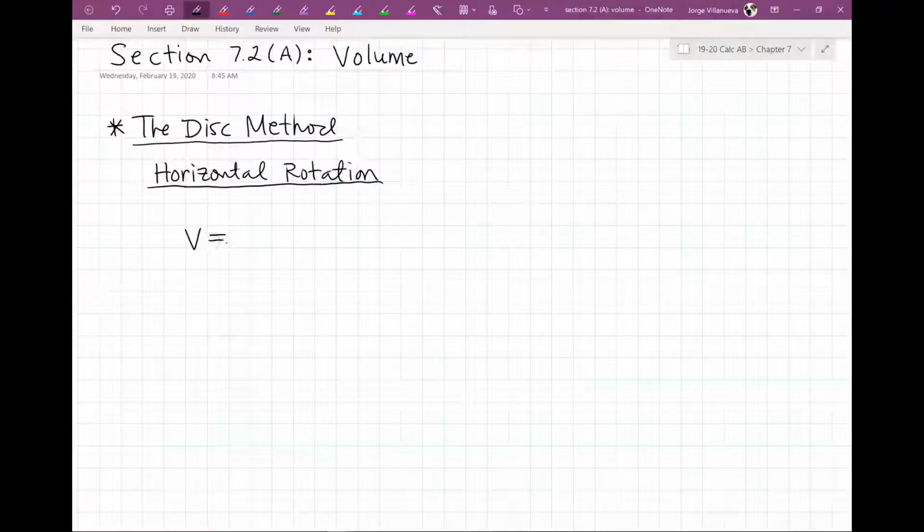V equals pi integral from a to b of f of x quantity squared dx. Now f of x is going to be the function that they give us. So it's just going to be f of x